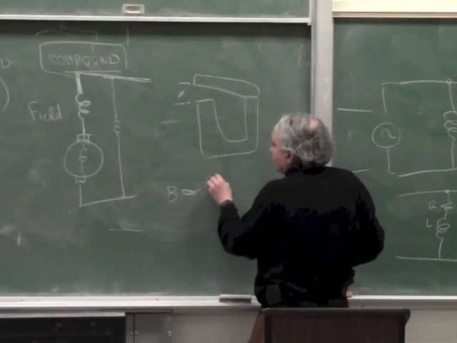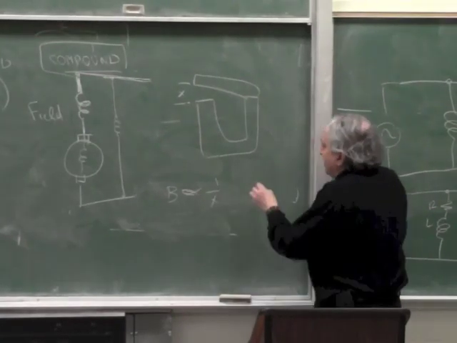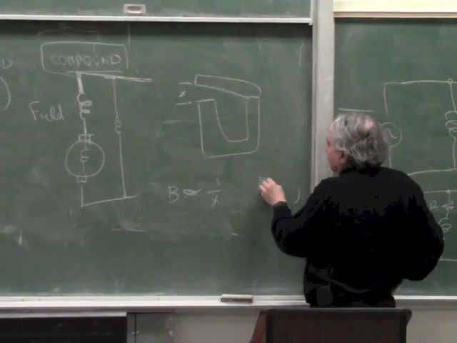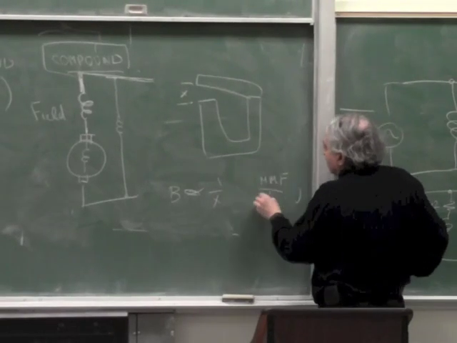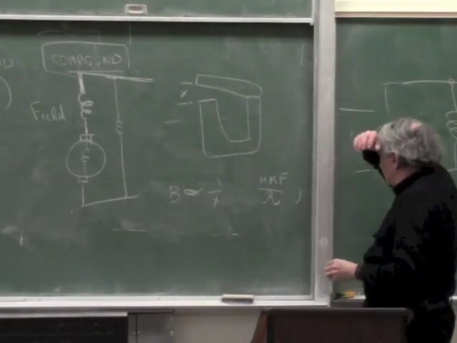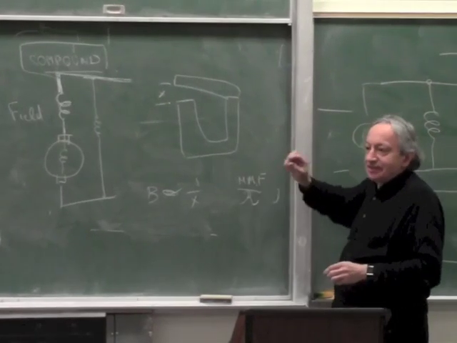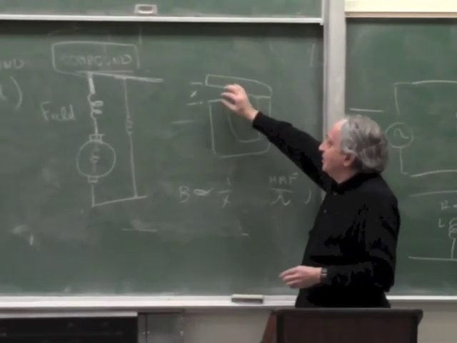So the B was proportional to 1 over X, because B, as you recalled, was magnetomotive force divided by reluctance, and this was Ni, and the reluctance was proportional to the air gap, assume